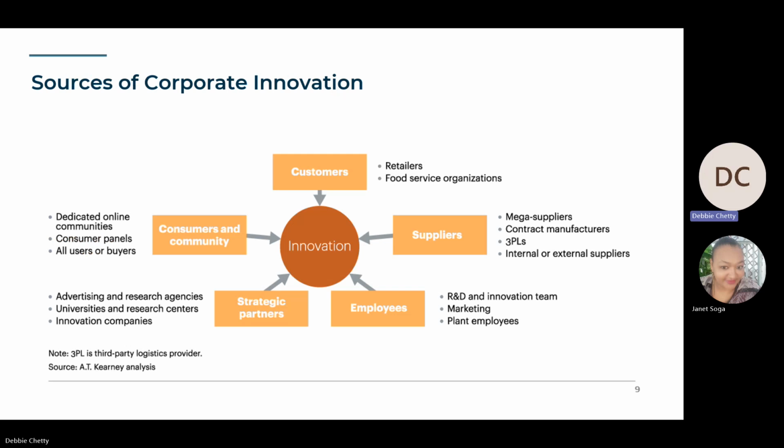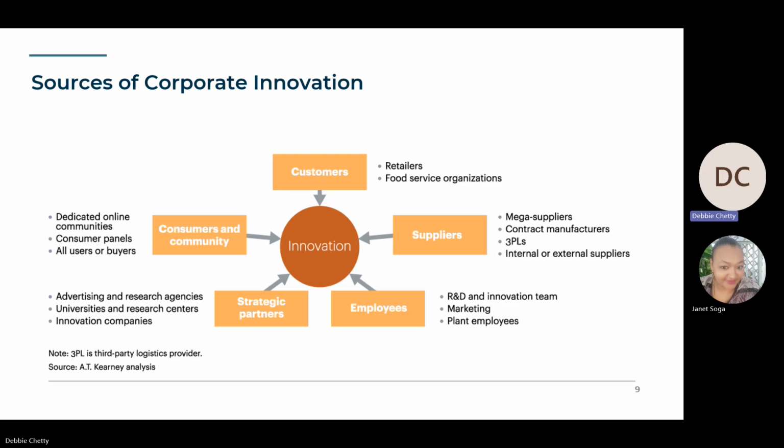Then you also have the sources of innovation. Now, sources of innovation, meaning where does innovation come from, right? Where does the company get its sources for innovation? It can be internal and external, right? It can come from, for example, if you say internal, from employees, through research and development and the innovation team, through the marketing department, through plant employees. If you say external, you can say, for example, maybe suppliers, right? Mega suppliers, contract manufacturers, the 3PLs,